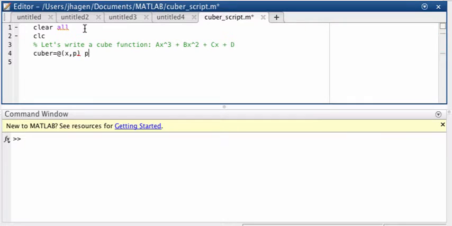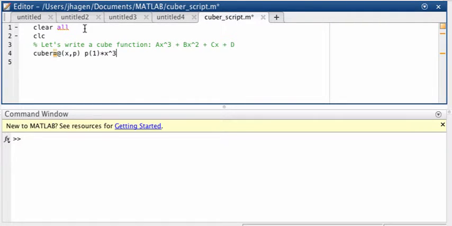So we've got a, and we'll have that be the first element in the vector p. And we have to remember not to use an implied multiply. And then we're going to have x cubed. And before we go on, we should recognize that this, if we left it the way it is, would give us an error, because p is a vector. And we're going to actually define a second vector with all our different x values that we want to plot. And so we can't cube that, right? You can't cube the vector,